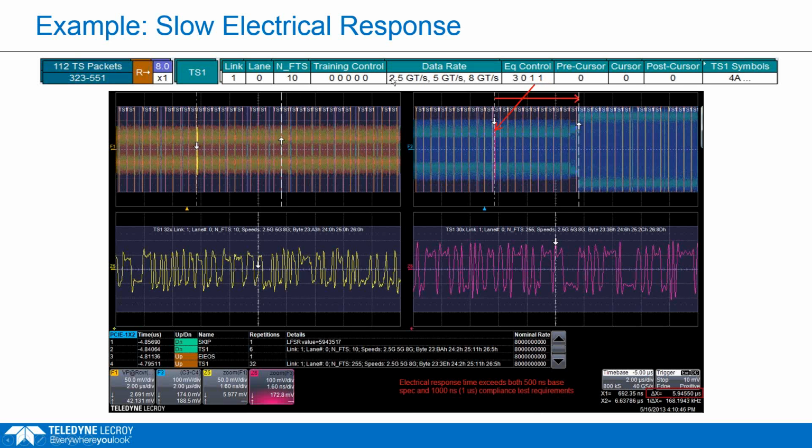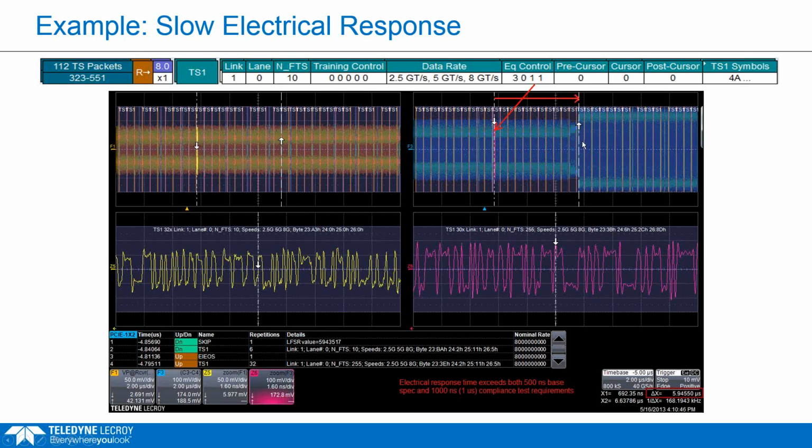And if we click on this in the protocol view, it creates a zoom, which we can see as the pink trace, in the yellow trace, at the exact time location where that request was sent. So we can see right here, this is where the request for preset 1 is sent. And then we can see the actual electrical change over here changing to preset 1. I think this is preset 7 here, and you can physically see the amplitude changing in the waveform. What you see with this particular example is the request was sent here, the physical change happened here.